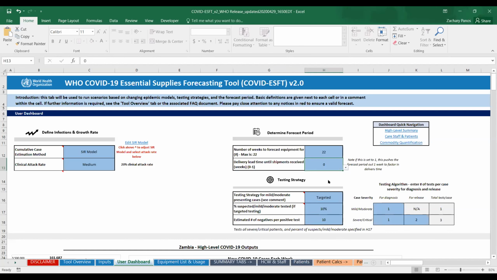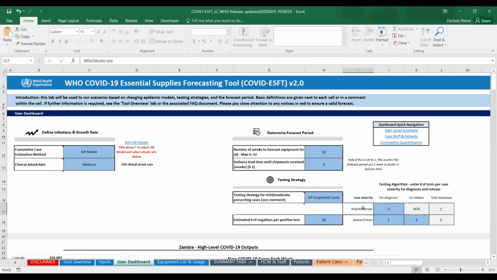To walk you through what this would look like if you had this selected, you'd say any suspects, and then for every positive test, the tool will assume that there are 10 negative tests. This is the reference default, so it can be updated based on the current positivity rate in country. But this is what I believe is currently recommended by the WHO. The user can then enter a customized testing algorithm.